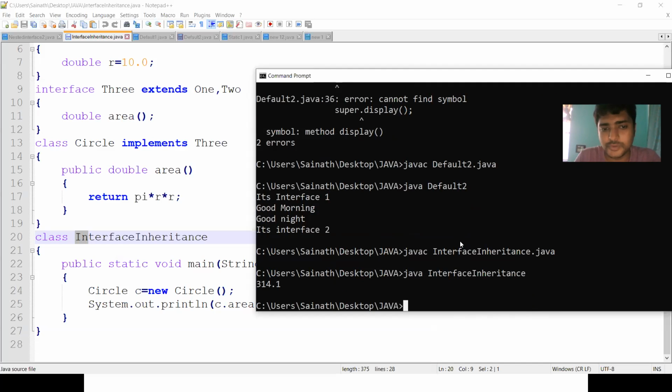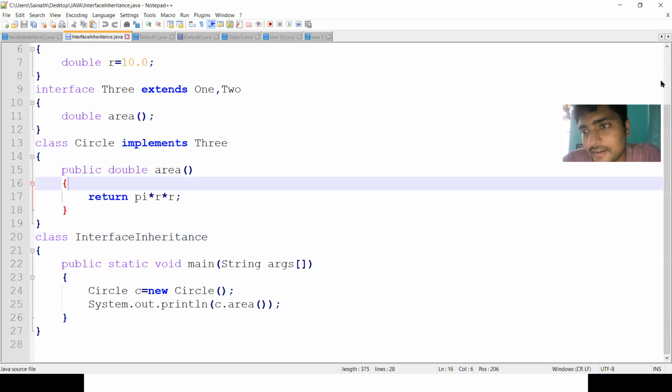Let us check the output. The output is 314.1. That means we have given the radius value as 10 and the pi value as 3.14. So pi r square means 3.14 into 10 into 10. That means the decimal point shifts two places to the right, giving 314.1. So this is the concept of inheritance in interfaces.